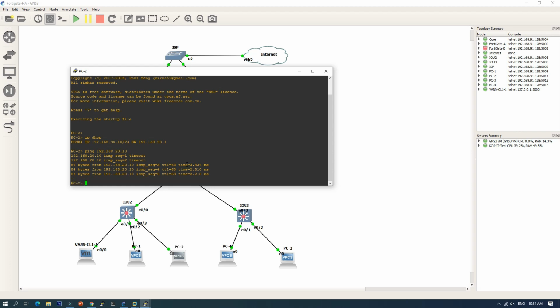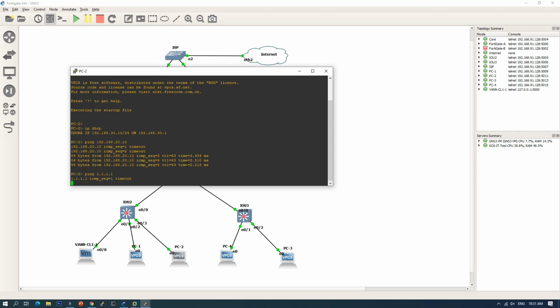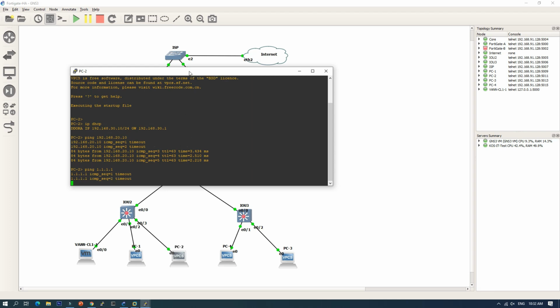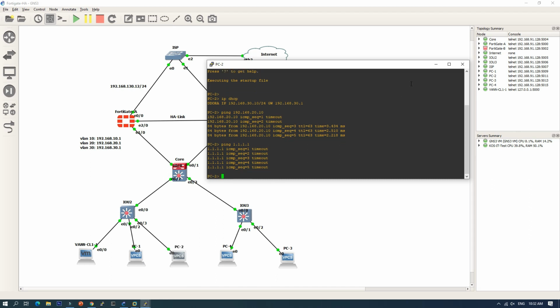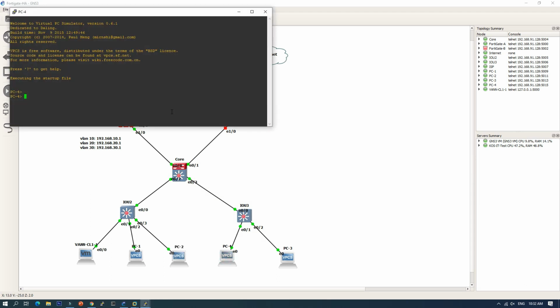So let's try to ping Google again. Okay, so we will fix it later. Let's try this client, ip dhcp. Okay, so now it can.